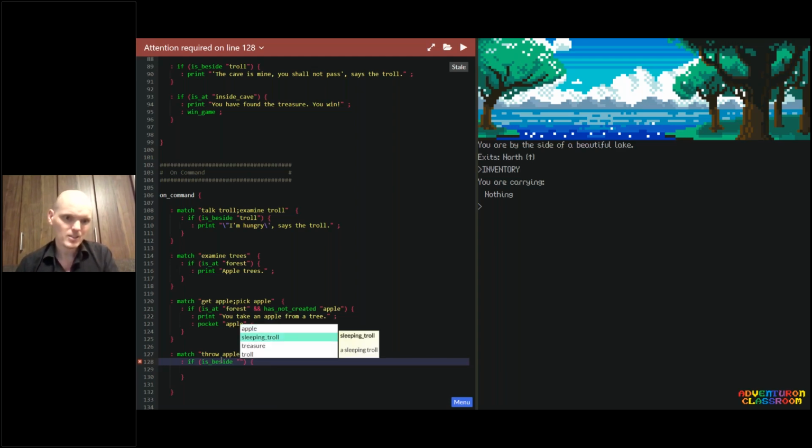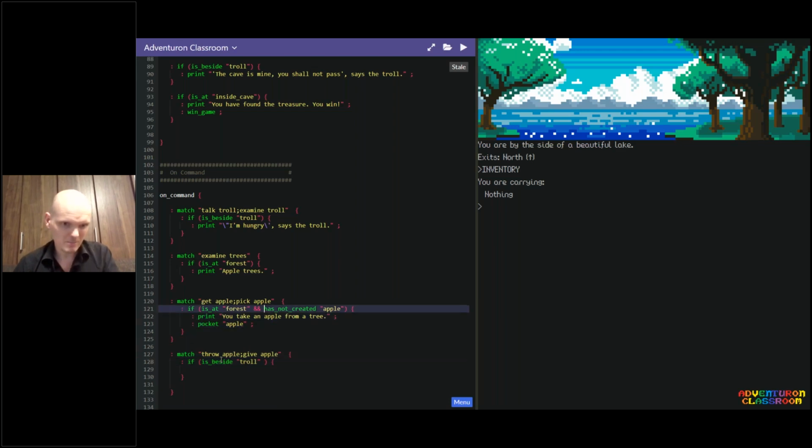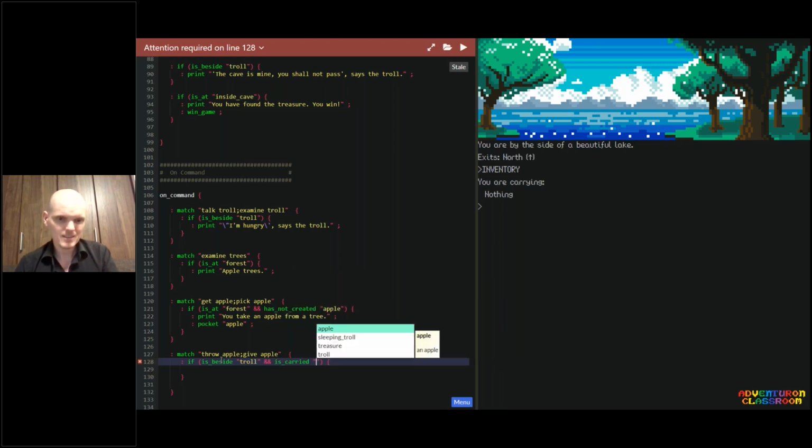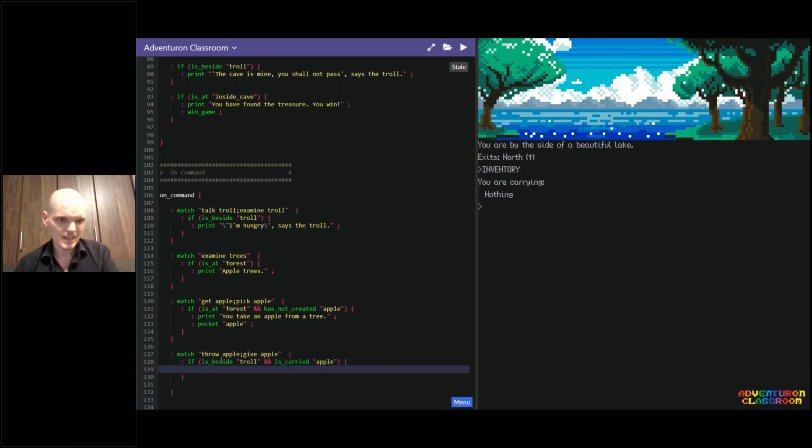So if we're beside, not the sleeping troll, but if we're beside the troll, and then this is the tough part, but actually I skimmed past it over here. The ampersand means and. So it means this condition must be true and this condition must be true. So we should be carrying the apple. So if we're beside the troll and if we're carrying the apple, then we can do a troll swap. So we'll print out